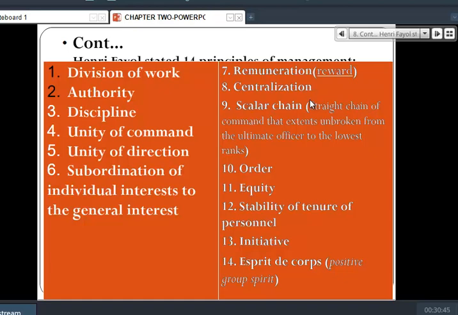Also, he mentioned the initiative, how the staff should be proactive. They take the initiative to do something in the company. He mentioned this as a basic principle of management approach for Henry Fayol, which is the initiative, how to do something on your own, not by being encouraged or pushed by someone else.